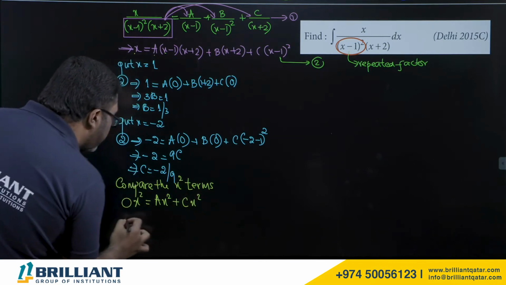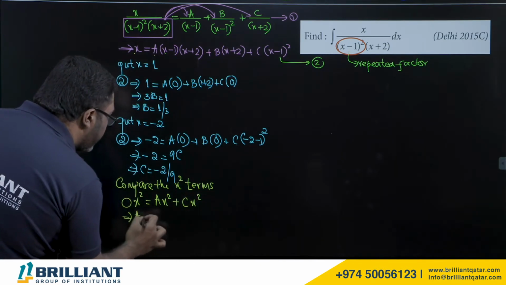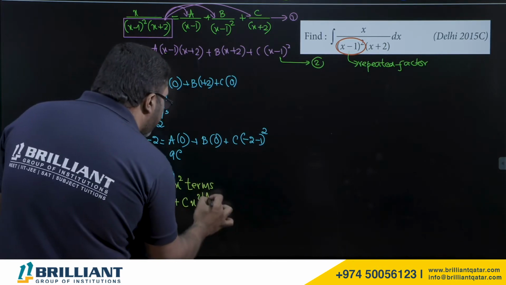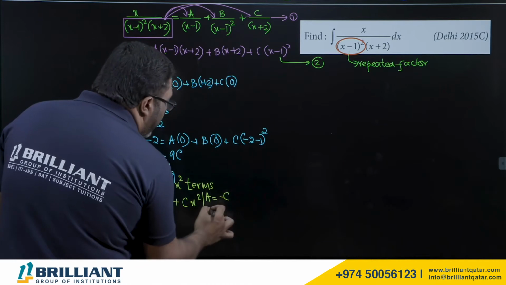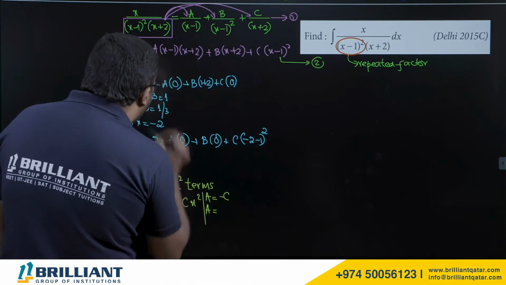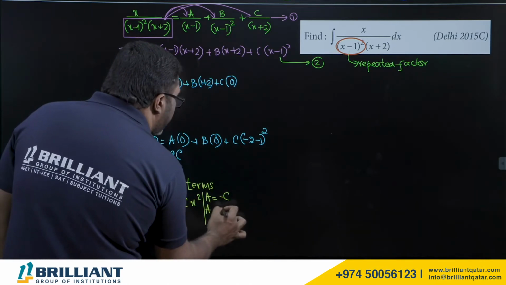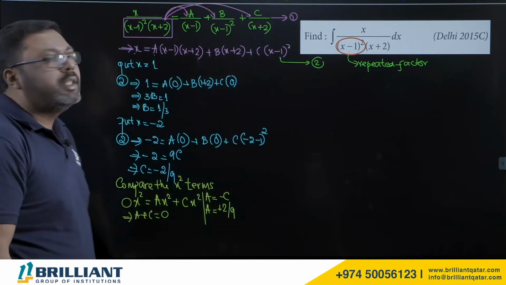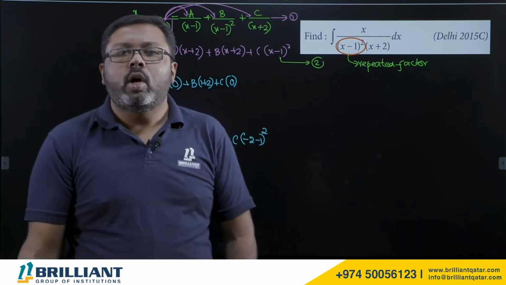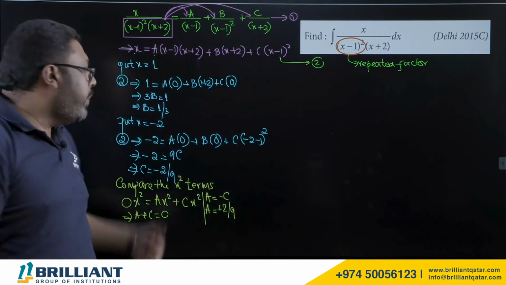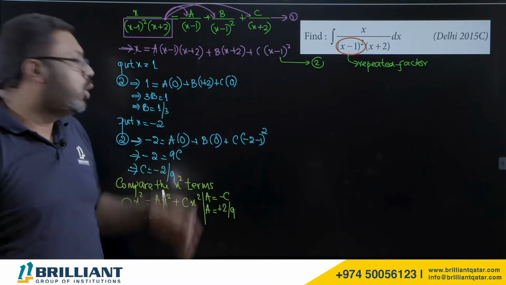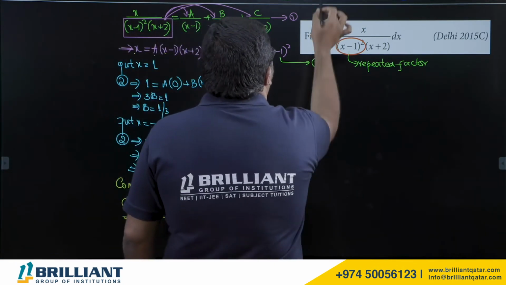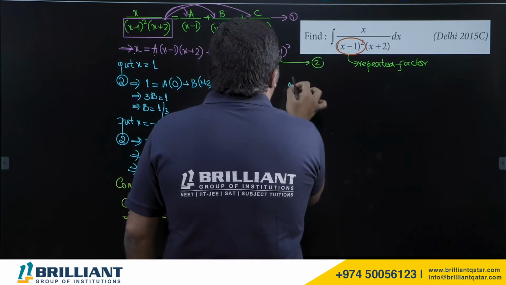So I can say that implies a plus c equal to 0. That is, a is equal to negative of c. C is minus 2 by 9, so negative of c is positive 2 by 9. A is equal to positive 2 by 9. So based on that, we're going to do equation number 1. Therefore, equation number 1 implies